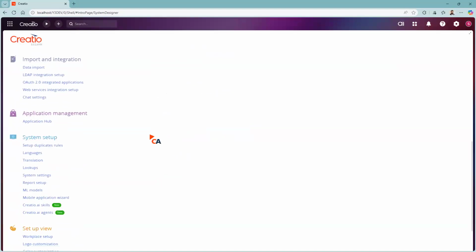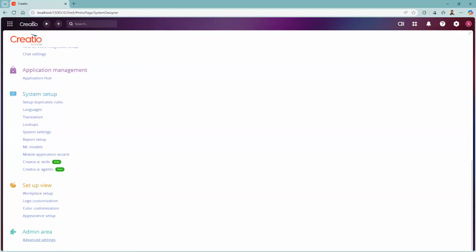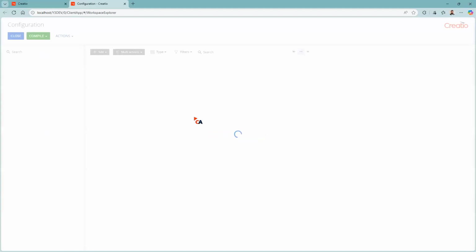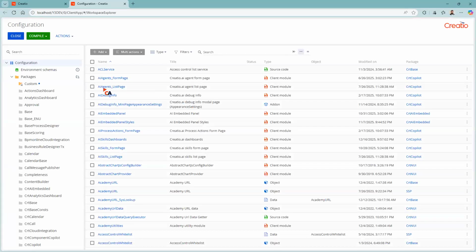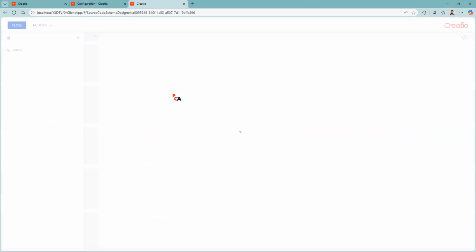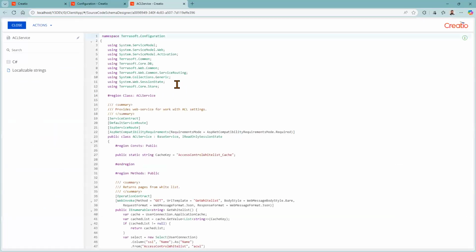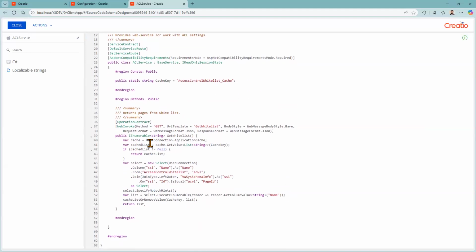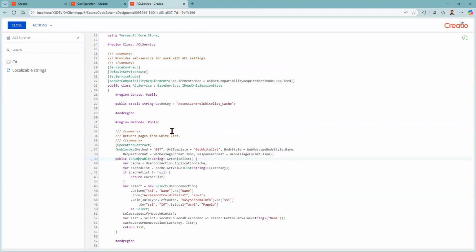The first use is using better IDEs than Creatio can provide. So there is Creatio IDE. If I open a C# file, I will see this IDE, and it has also some tooltips. It has some colorations. It will also introduce some warnings and errors, but